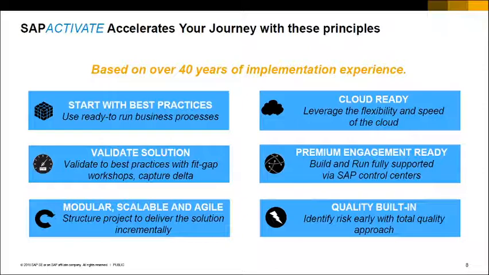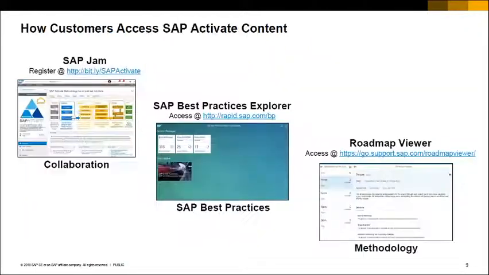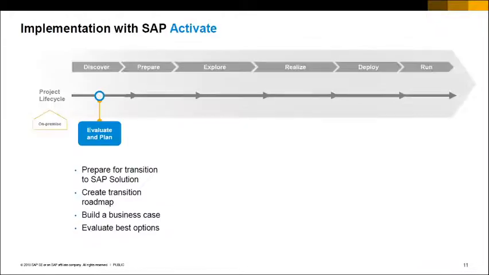So wherever the solution doesn't fit the client requirements, you identify the deltas, and then the implementation realized actually consists of fixing the deltas. And here we have a lot of reusable content from SAP, and this is where you can register and get those contents. Some of these registrations do require an ID with the right authorizations, especially the business practices. So if you're actually working on a project, then your ID might have all the requisite authorizations.